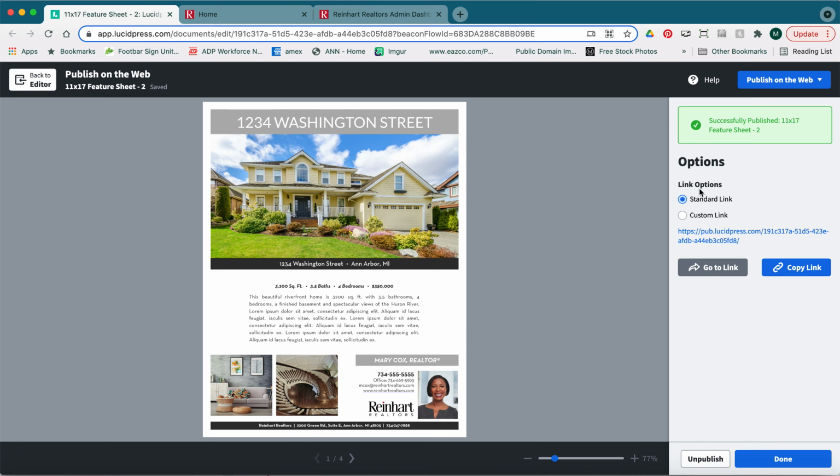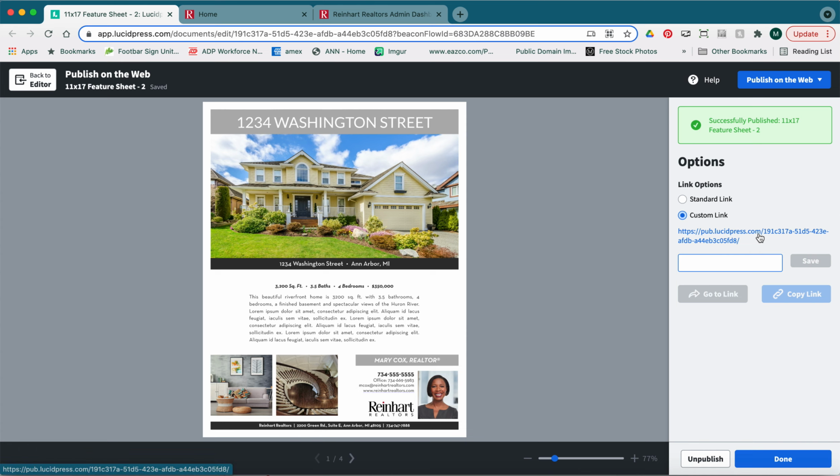And we have two options here. We can do a standard link, so this would be the link for your feature sheet, or we can customize the link. And what that does is you can customize anything after this pub.lucidpress.com. So this 191C, all that can be customized. So if you wanted to put, for instance, the listing address there,